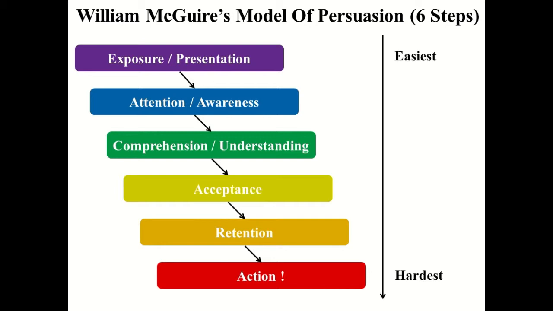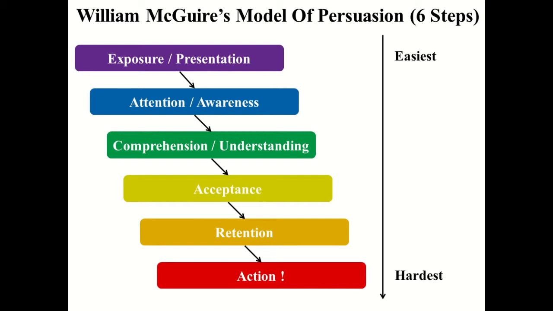The central route is the method that focuses on using arguments to try to generate a favorable response from the target audience. This method involves many steps. Step 1 involves getting the audience to pay attention. Step 2 is being able to comprehend the message. Step 3 is getting the audience to believe it. Step 4 is to try to ensure the audience will remember it. And Step 5 is trying to sway behavior. This method is direct and is commonly used on people that rely on arguments.